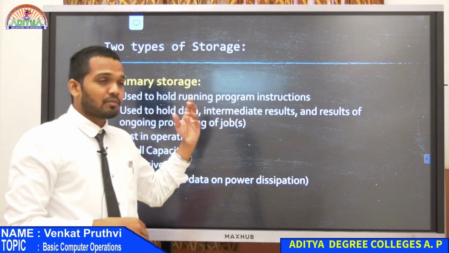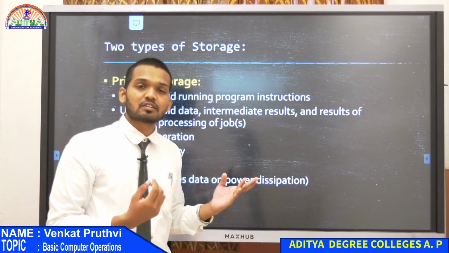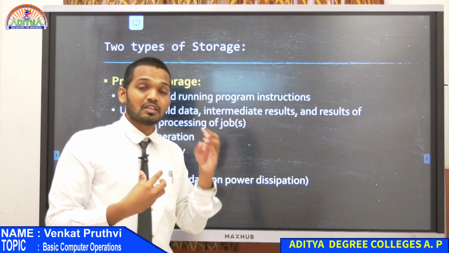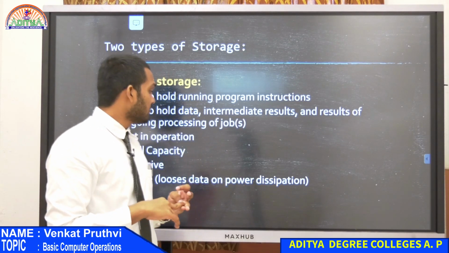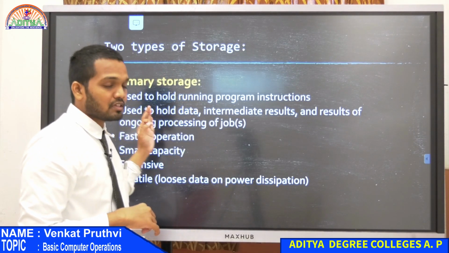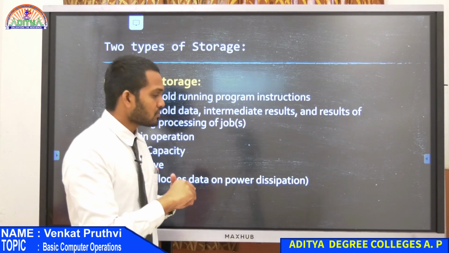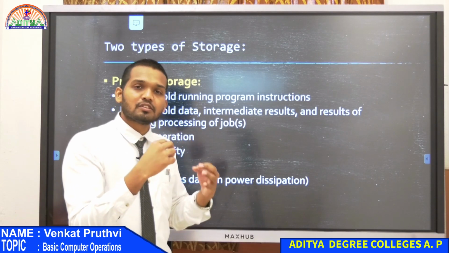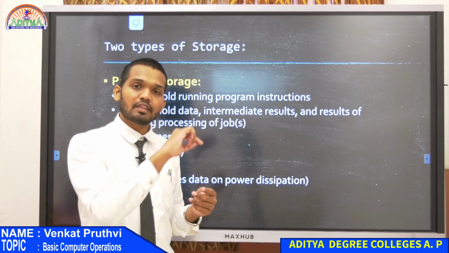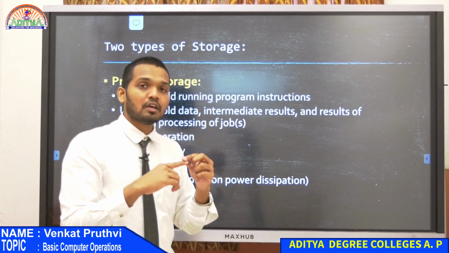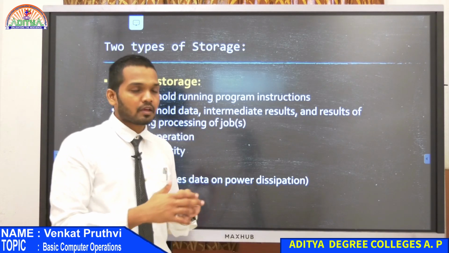We were talking in the previous classes about circuits. When we were talking about the first and second generation computers, we were talking about vacuum tubes. These vacuum tubes were used as switches and diodes in the circuits. In the same way, these primary storage units are a small IC into which you have hundreds of thousands of transistors. Only when these transistors get power inside that small IC are they able to perform the operations required by the CPU, right?